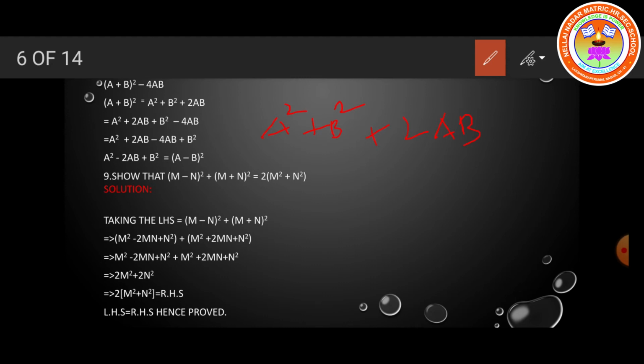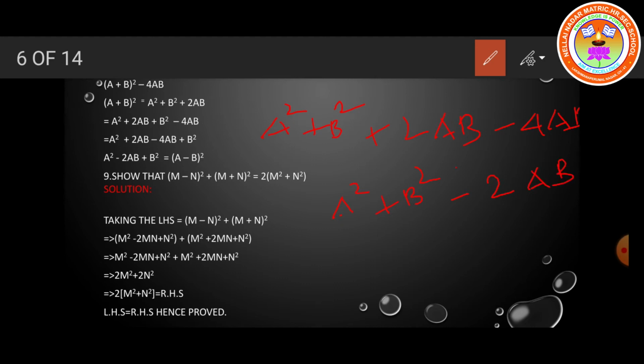Then already minus 4ab is there. Now a square plus b square, next 2ab minus 4ab. These are the same variables. We are going to add and subtract. Here plus sign, here minus sign is there. We are going to subtract 2ab minus 4ab. 2 minus 4, 2 only. That is, the bigger number has the minus sign, therefore we put minus 2ab.